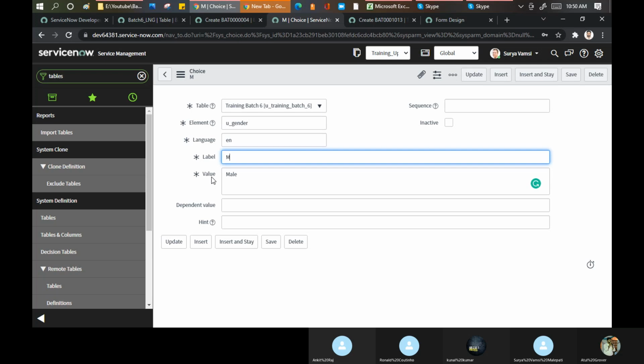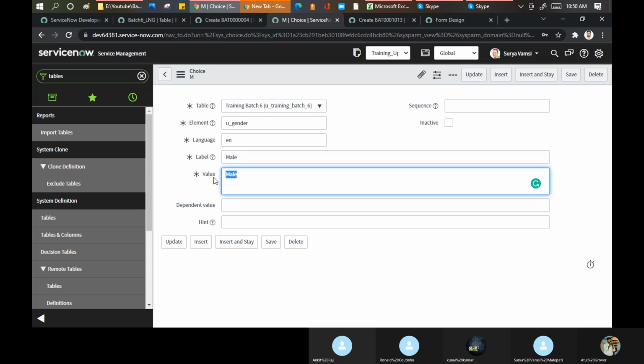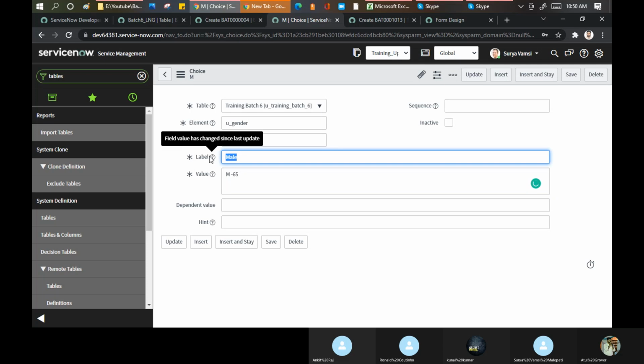So sometimes there are values which I don't want to show to the customer. The actual value I don't want to show to the customer. Like I know the label is male, but maybe I can put male more than 65. I cannot show this value to the customer. Or like in English there is a term called first, second.